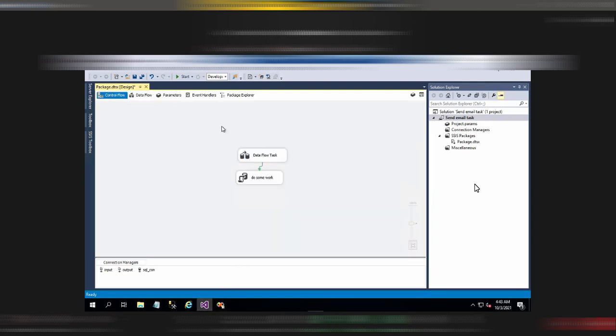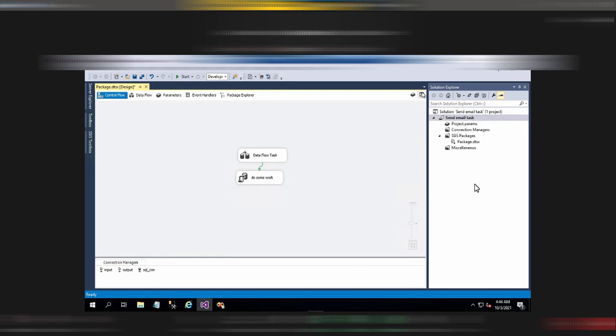When the SSIS package runs, I want a notification to be sent to me, and then when the package finishes, another notification sent to me. You can put any email address in the from and in the to. If you want to send the notifications to a list of people, you can just put their email IDs in the to, separated by semicolon. So let's see how we can do that.